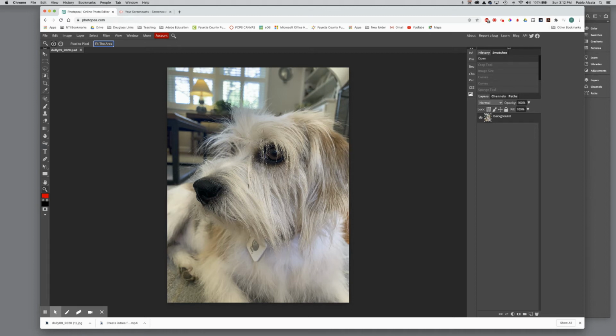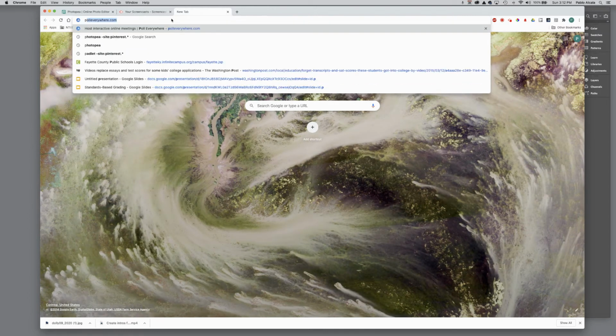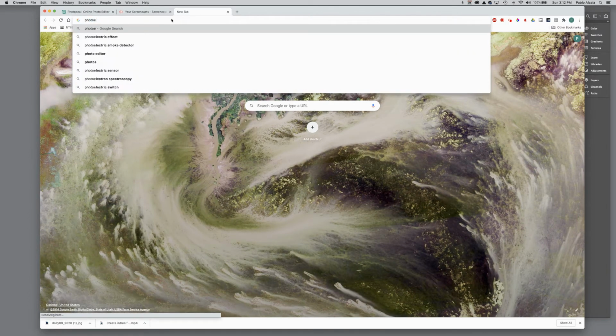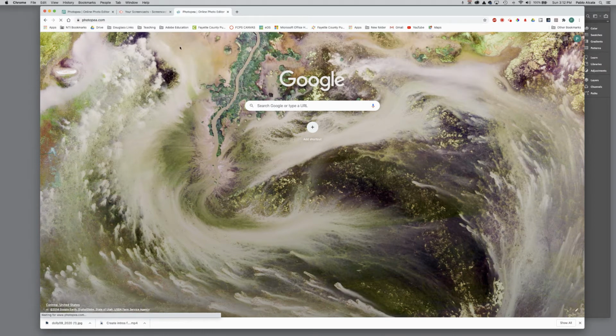Okay, guys, I'm going to try to go through pretty quickly this photo program called Photopea. I'm sorry, it's called Photopea. I keep mispronouncing it. Photopea.com